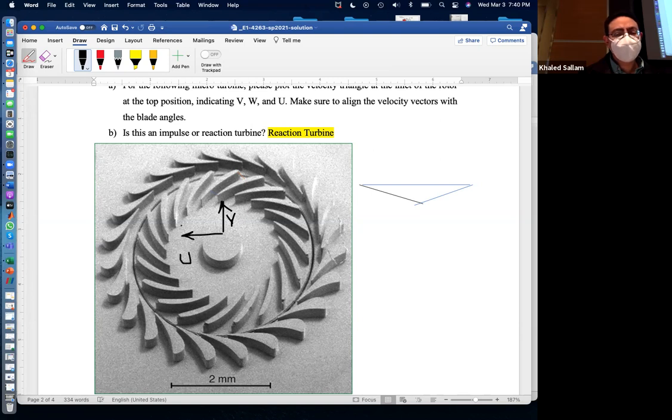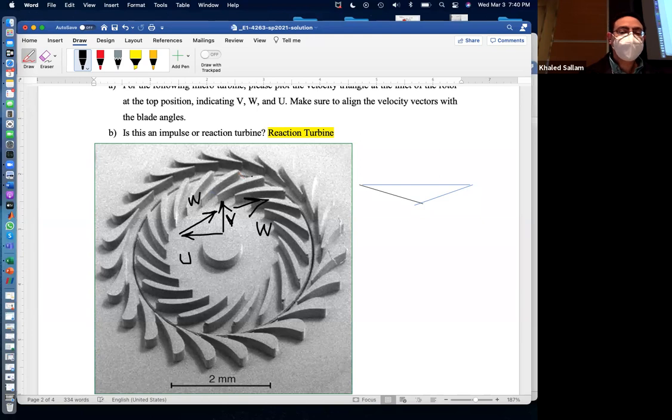I'm sorry, U. So this way, W would be like this. And you get the equation, U plus W equal V. And so that velocity triangle is perfect for this. This is a good direction for W to get in. And now once you go into that stator, once you go to that rotor,